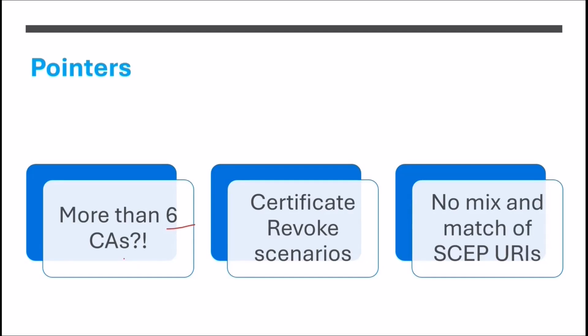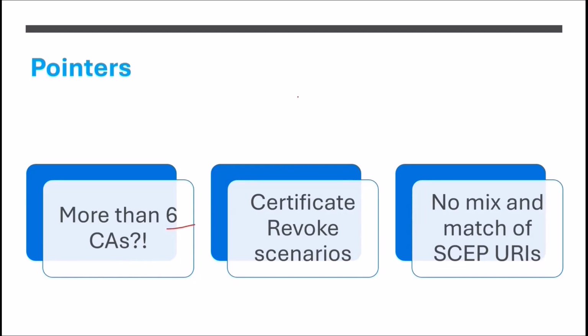But by default, for all the tenants, the number is 6. However, it is not a hard-coded number that can never be increased from 6. It might be, if you provide a valid justification to Microsoft support, and it's their call. They are going to decide whether your justification actually makes sense or not. Now,